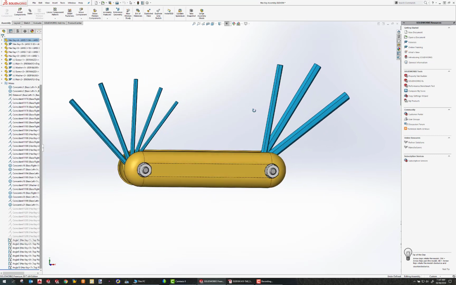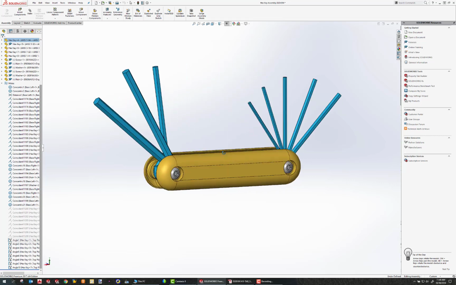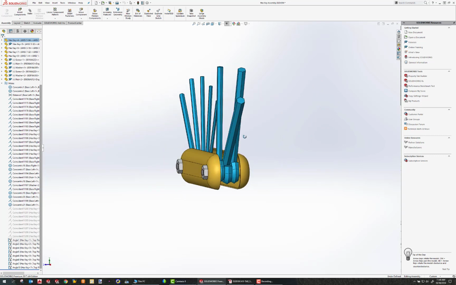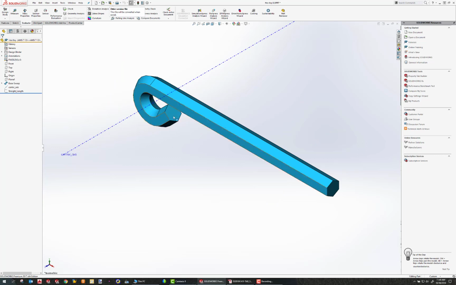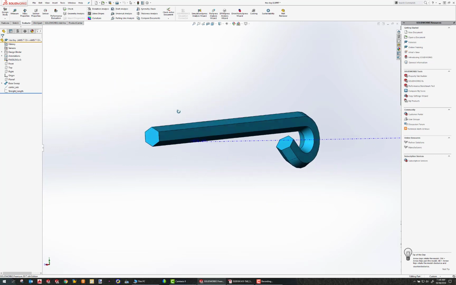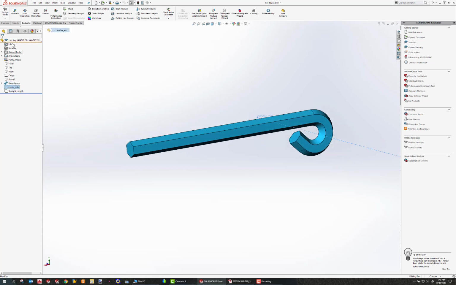So again, configurations are really useful to show an alternate position in an assembly, how something moves if you want to show the progression of the movement of an assembly, as well as different states for your part. One additional example of a part assembly is if I look at this hex key itself, notice that this is a single hex key with a single sweep, and then I have a center axis there. If I go to my configurations, there's all different configurations for this. So again, there's a design table setting this, but if I double click through these configurations,